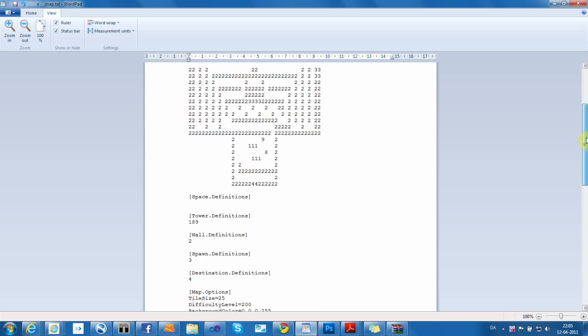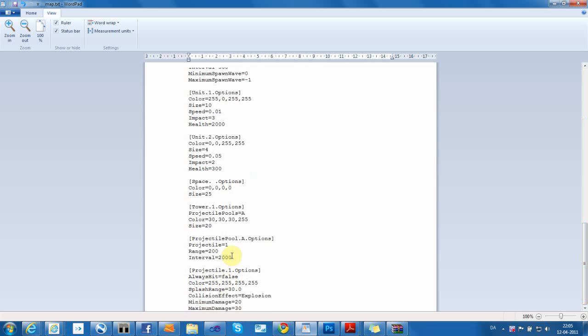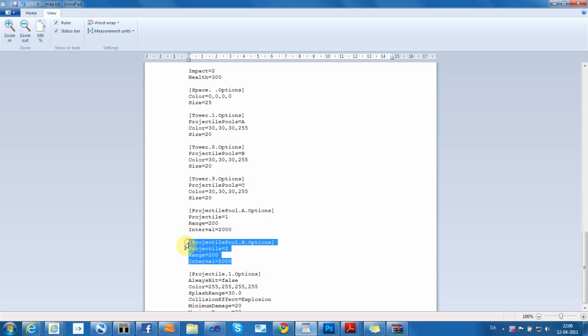Actually, I'm just going to remove these definitions again. Wait, I would probably need to define tower. I'm just going to make tower 8 and 9 now, so that we have these options settled. And we probably shouldn't be using the same spawn pool, so I'm going to define some more of these. B should be using projectile 2, and C should be using projectile 3. And maybe this one should have a spawn interval of 200, and we need to define all the